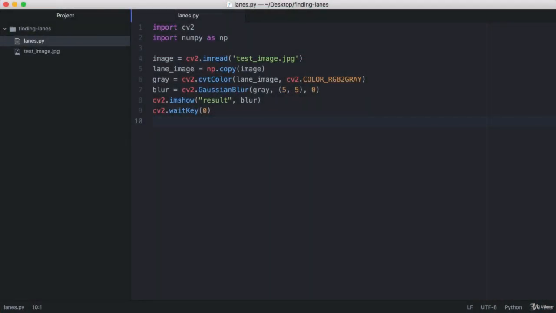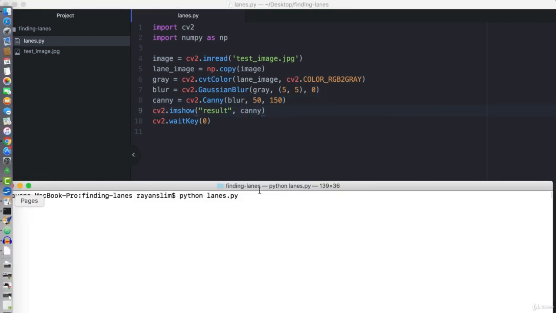Now that we know what goes on under the hood, we can call this function inside of our project by writing canny is equal to cv2.Canny. We'll apply the canny method on the blurred image with low and high thresholds of 50 and 150. And now we'll show the image gradient instead of the blurred image, canny. If we go ahead and run the code,